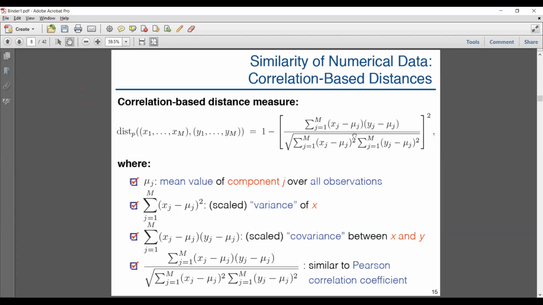And if they're moving in the opposite direction, one increases and the other decreases, or the other way around, that means they have a negative correlation, right? So there's another measure that's based on the correlation, and the idea here is if there are two observations and if they have many variables that are moving in the same direction, this measure is going to be